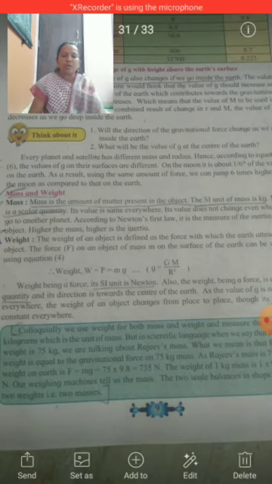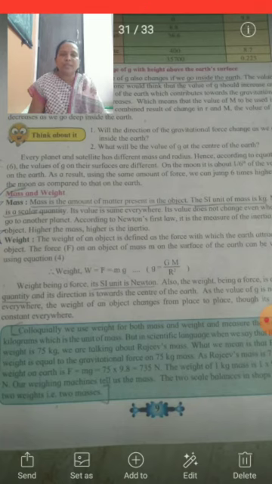When h is small compared to the radius r of the earth, we can assume g to be constant and use the above formula mgh. We saw in the point on acceleration due to gravity that as we go upward from the earth's surface, the value of g changes. It goes on decreasing, but the height must be at a greater distance.